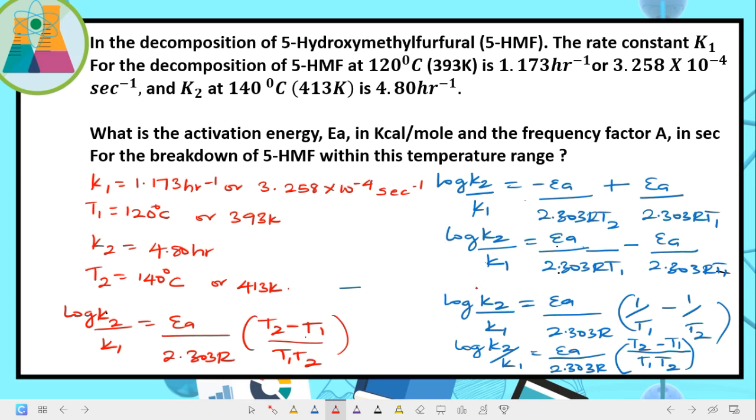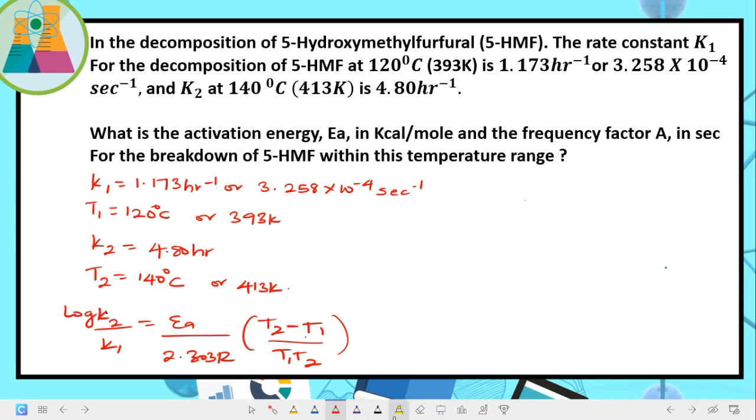Now at this point in time, what can we do? Substitute in our values, okay. Now let's substitute in our parameters, okay. So this will give us log, what is K2? K2 is the time, which is in hours, 4.80 all over K1 is 1.173. Now the time here does not matter because R will cancel R, so it's constant, okay. It's equal to, what are we looking for? EA, right? All over